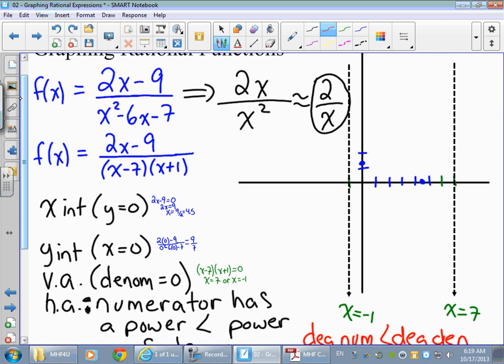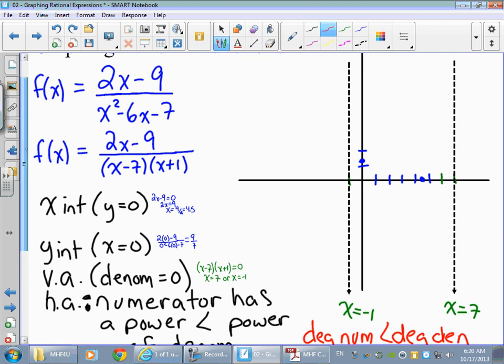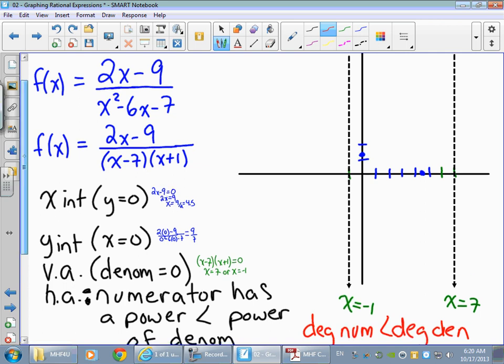Now again, the understanding behind it is this sort of thought process up here, that the big numbers on top are nowhere near as big as the big numbers on the bottom, and so when we divide a number by a much bigger number, we get answers that are close to 0. If you choose to just memorize that, that anytime my numerator has a smaller degree than my denominator does, there's going to be a tendency for that to go towards 0, and I'm going to have